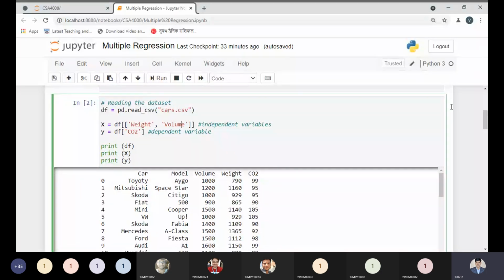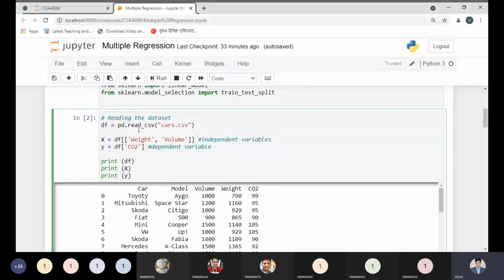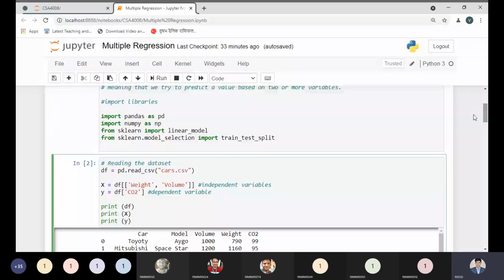Now I'm reading the data, using the same pattern as I did yesterday. First I'm reading a data set, so first I need to import some libraries. Those are the pandas library to read the information from the data frame, NumPy for mathematical or numerical computations, and the linear model, which is required for training and testing data and to understand the concept as well.